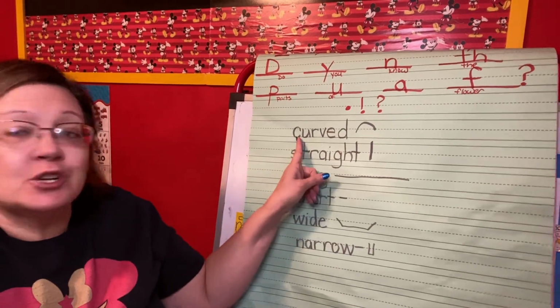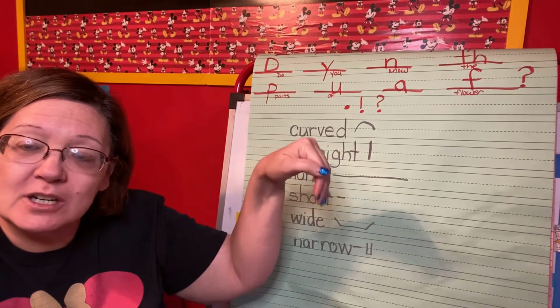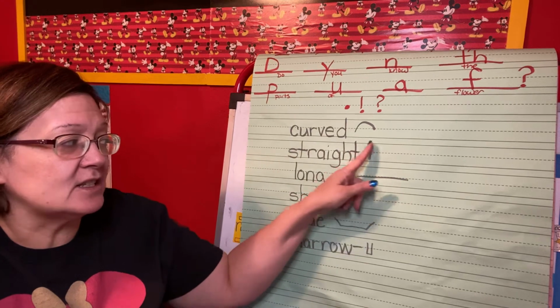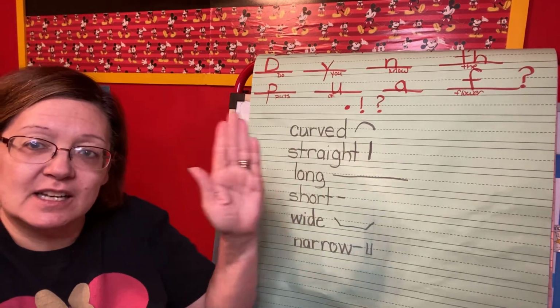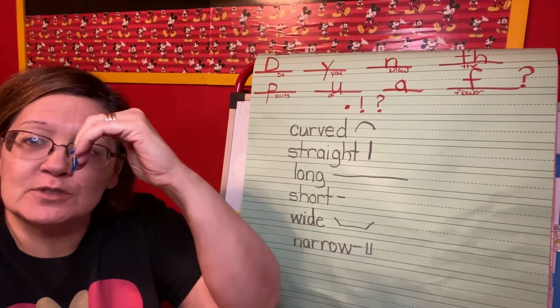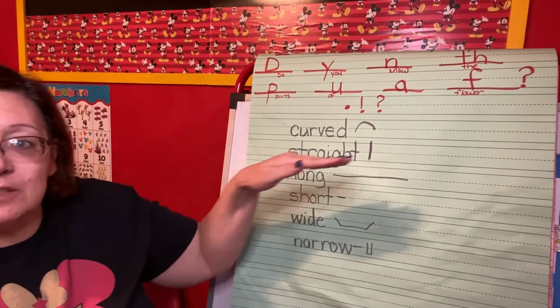We have the word curved. Curved. Remember we've talked about that before? The opposite of curved is straight. And I drew a straight line, just like this, straight. Can you show me straight with your hand? Good. Now show me curved. Good. Okay. Now long. Long means